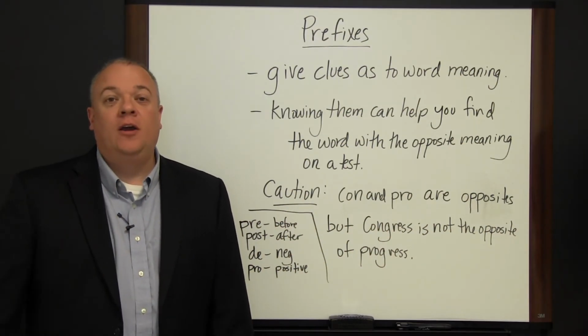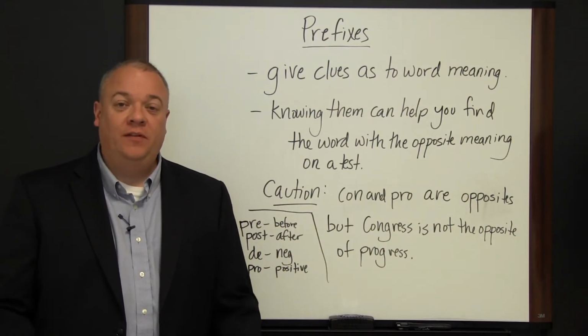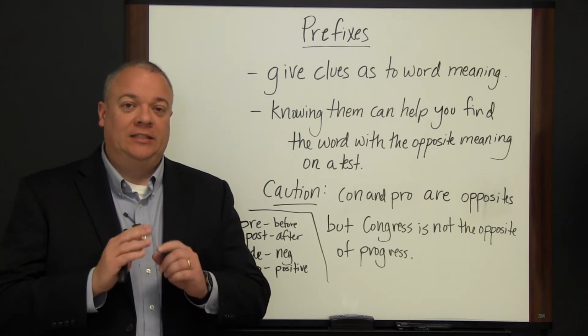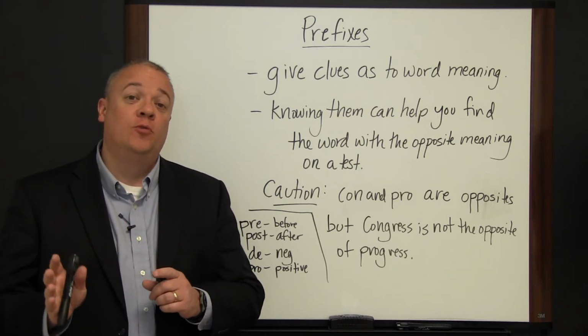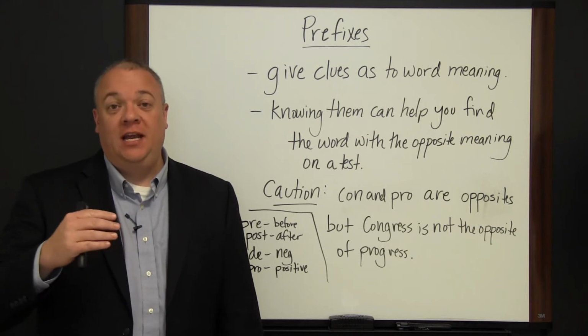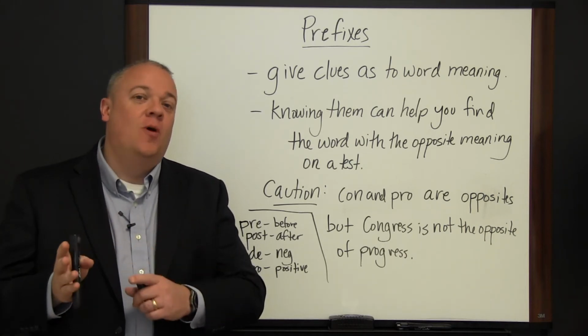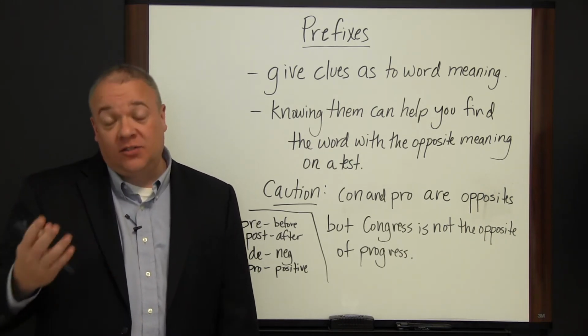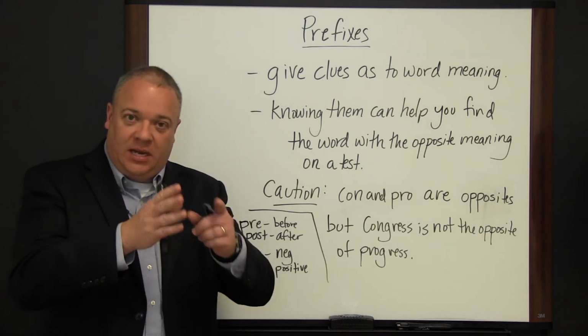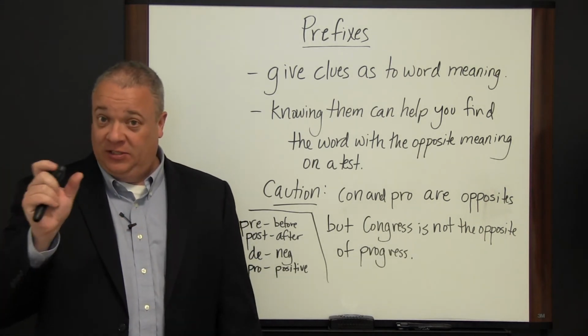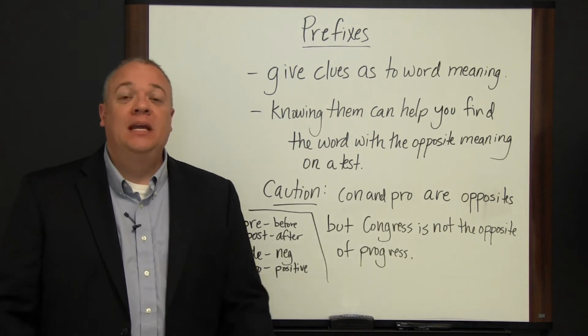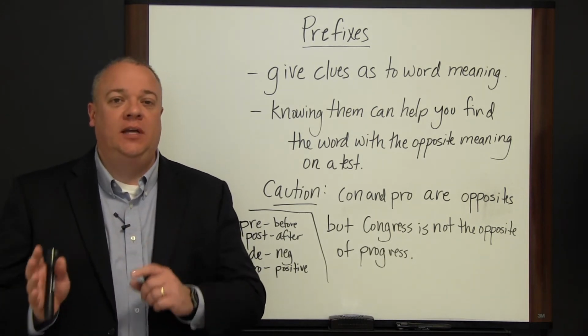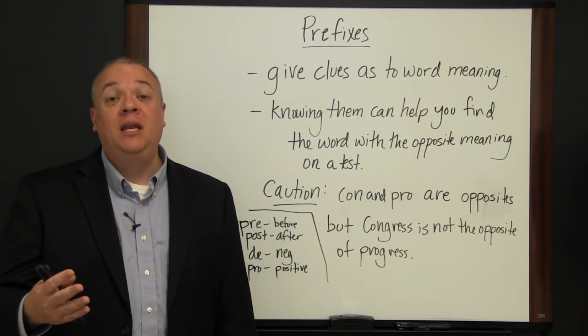In this video, we want to go over prefixes. Prefixes are short little sections of words that come before the root of a word and help you understand what the word means. They add an extra nuance to the word, and why prefixes and suffixes, for that matter, are important. Prefixes coming before the root of the word, suffixes, short little endings after the word, is that if you know your basic prefixes and suffixes, they help you determine the meaning of a word.